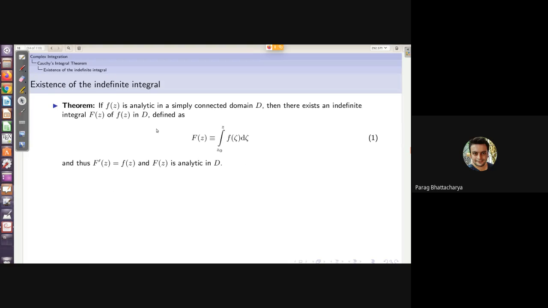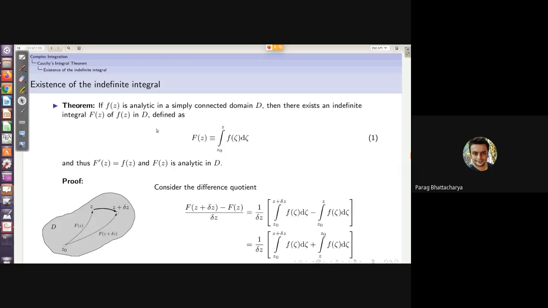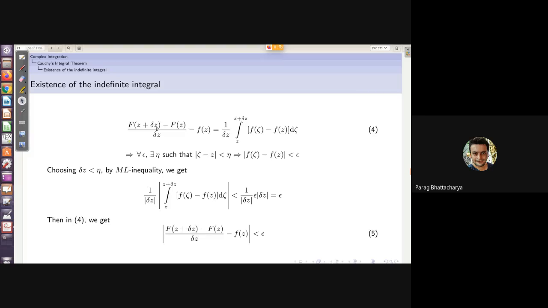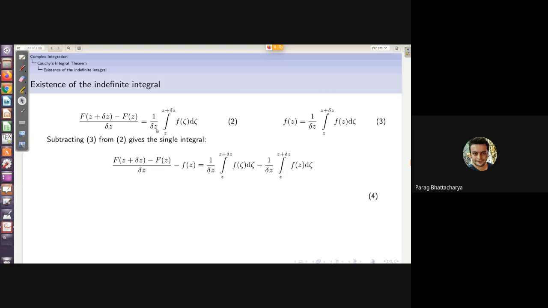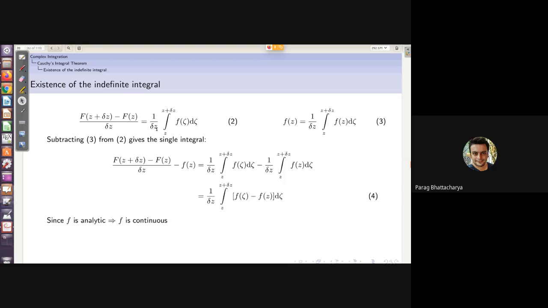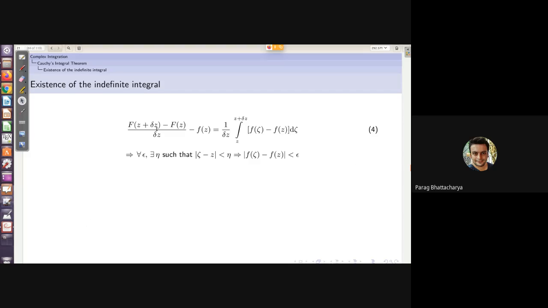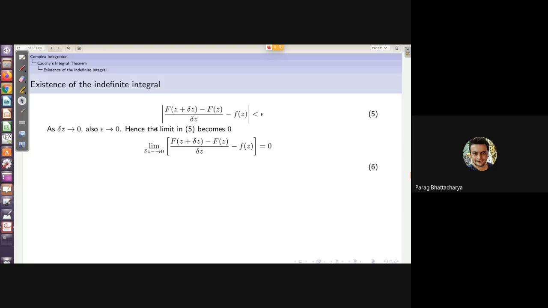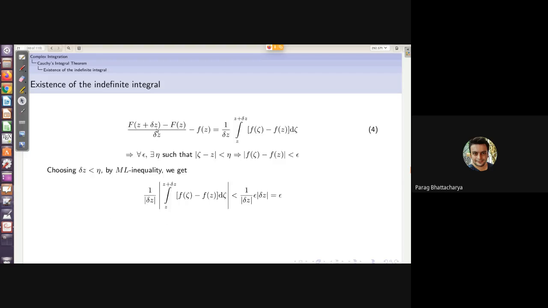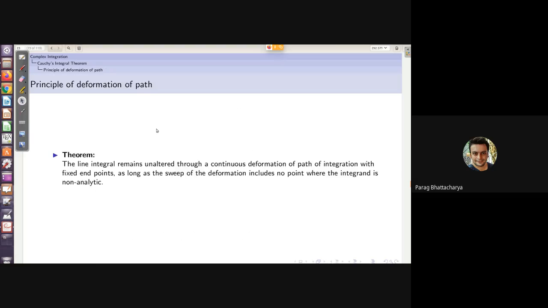Any questions? Okay, so existence of the indefinite integral. This one is a little bit involved. We have a little bit of derivation over here. So let me do one thing. We'll do this in tomorrow's class, because this one will take a little bit of understanding. We are going to introduce some dummy variables and do this. So tomorrow's class we will do this. Is that clear? If you have any questions, you may ask me now.